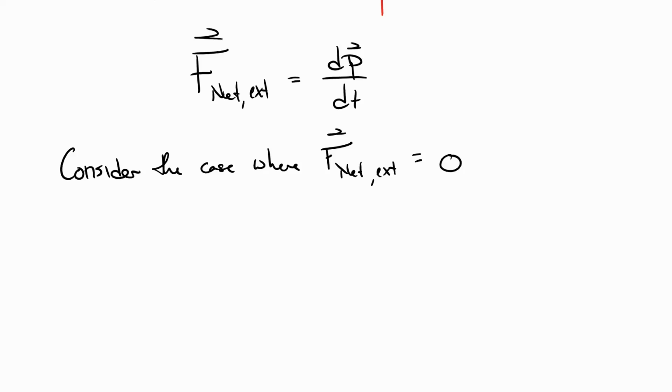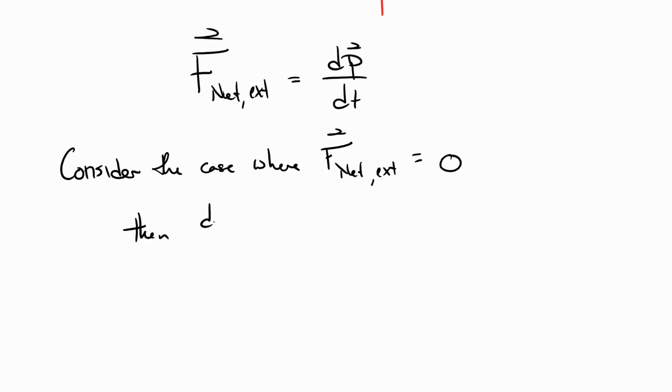It has some contact with ball 2, and that's, quite frankly, complicated. We don't really have a model for what it means to collide with something. But let's say I take the system instead to have both balls in it. In that case, that collision, that force that happens, is an internal force. So if it's an internal force, then the external forces, we don't have any that we're talking about really, ignoring gravity, normal force, stuff like that, which would presumably be balanced on a level surface or in whatever magical space we're considering. If the net external force is 0,